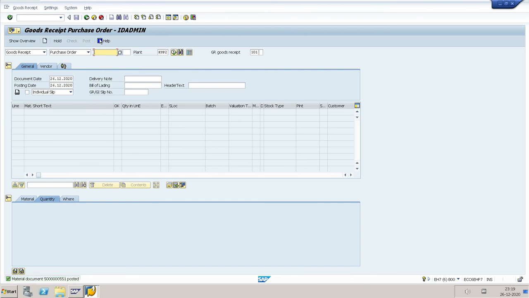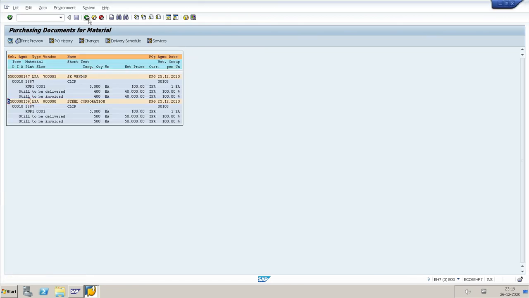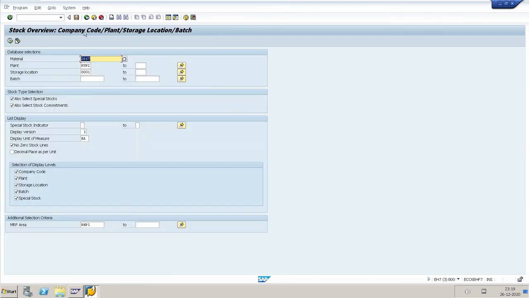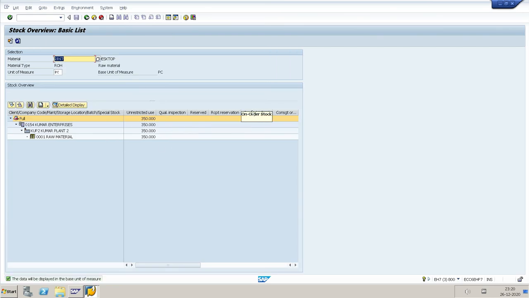Post the GRN. Now check the stock in plant 2. It increases to 350. There is no on order stock. Goods are already received by the receiving plant.